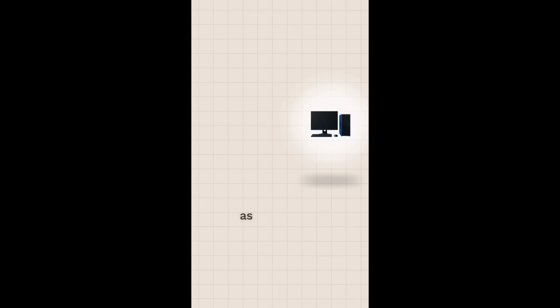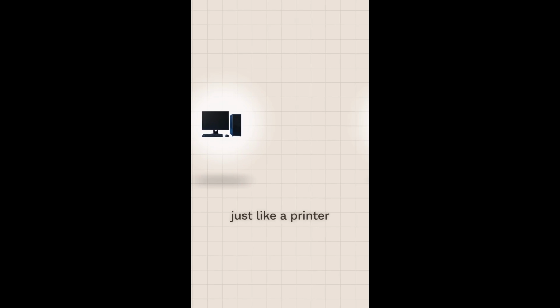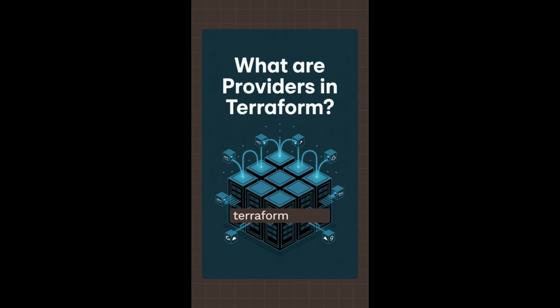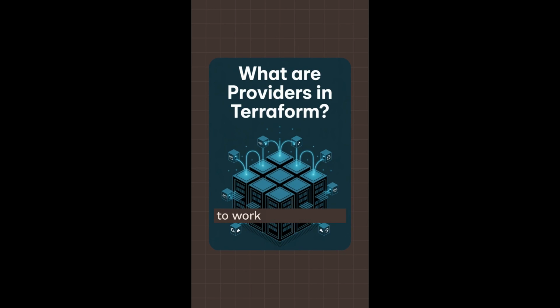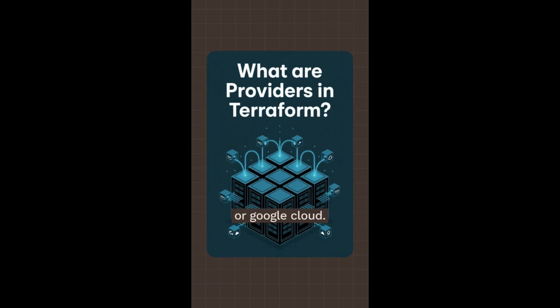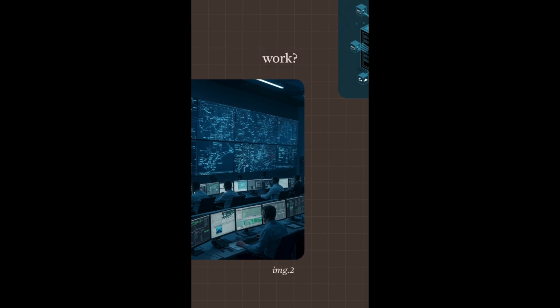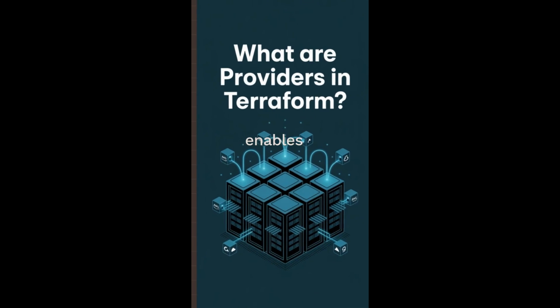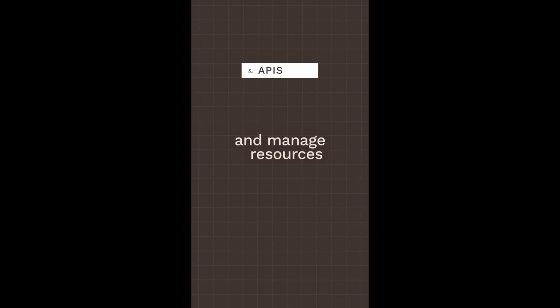Think of providers as specialized drivers, just like a printer needs specific drivers to work with your computer. Terraform needs specific providers to work with different cloud platforms like AWS, Azure, or Google Cloud. And how does this work? API communication enables Terraform to create and manage resources on cloud platforms through their APIs. Each provider